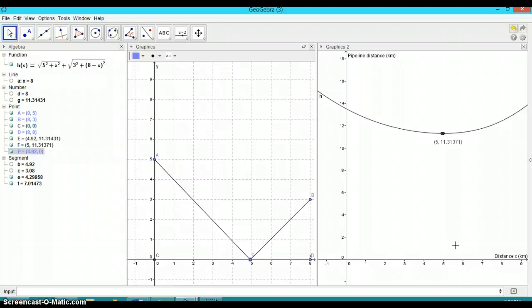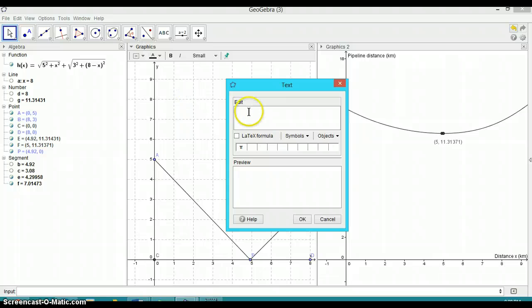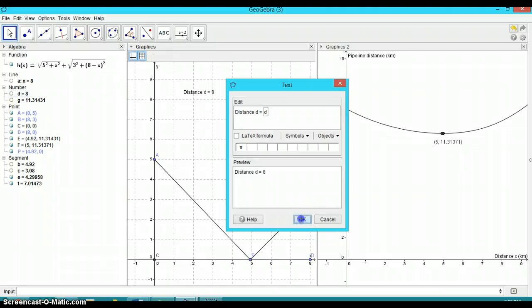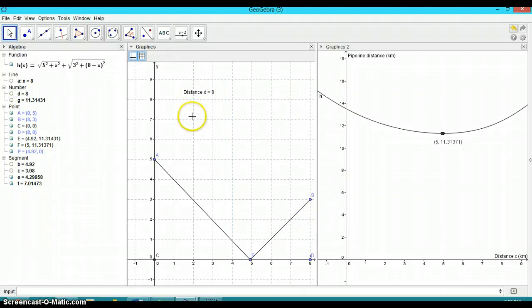And then the next thing I'm going to do is add some text boxes, or some text that's dependent on some of the things that we've created. So this helps with the visualization. So if I go here to ABC and I click in this area here, this is going to be distance D. These are all important parts of your investigation. So what is D? Well, if I click on this distance D here, it connects it to that, and I go OK. Now I can create another one,